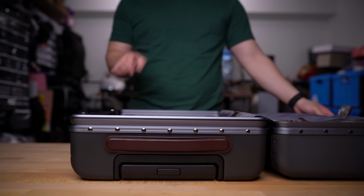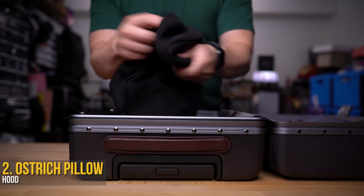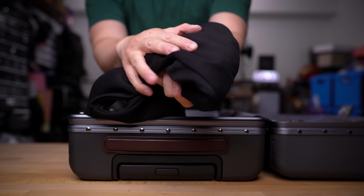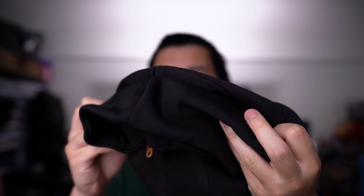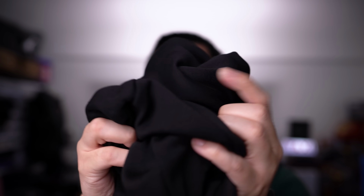So moving on to the next accessory we're packing on every trip from now on, this is the Ostrich pillow hood. Basically, if you imagine a hoodie, but literally just a hood, and surprisingly, that's all you really need. Plus, it's the nice and comfy kind of hoodies you steal from your boyfriend. The beauty of it being just a hood, it can be mixed and matched with any of your outfits, and no one would question that you're wearing a completely separate piece of clothing,